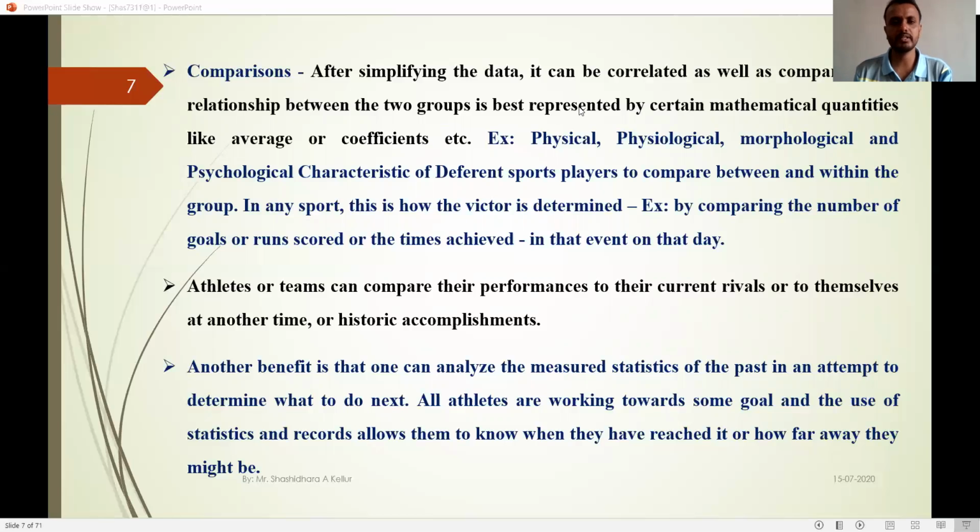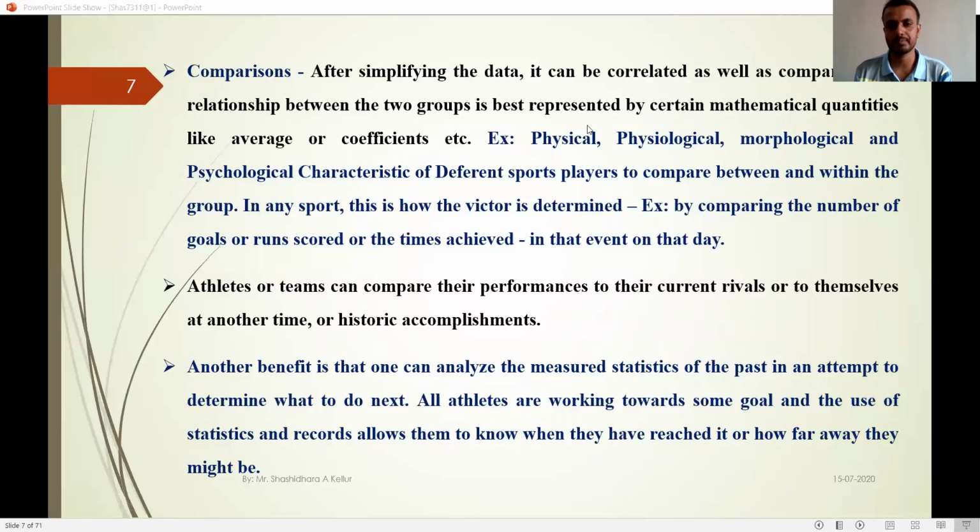The relationship between two groups is best represented by certain mathematical quantities like average or coefficient, etc. Example, in physical education and sports, physical variables, psychological variables, morphological variables, and psychological characteristics are variables of different sports players to compare